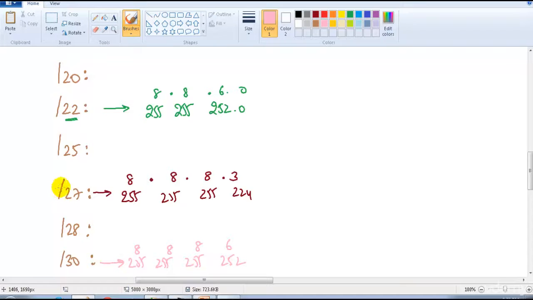The remaining values I want you to simply answer. I'll write some more examples for you. Let me write down /15, /17, and then /18, /21, and then /12, something like that. So just write down the answers for these. I'm not going to write them, so just write down the conversion.